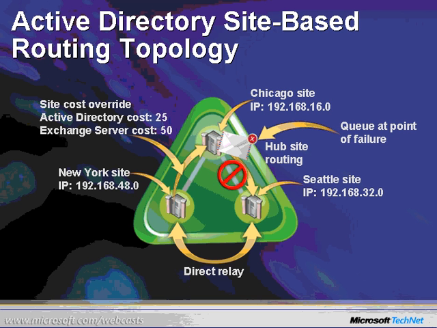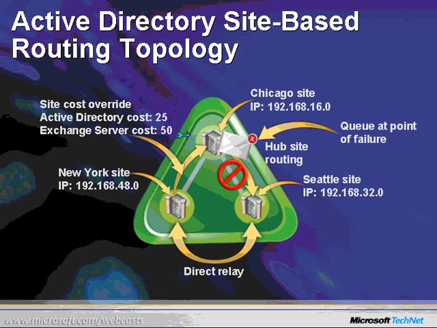If you look at this AD topology, each circle represents an AD site, and the gray link represents the link between those sites. In this AD environment, you can see we've got a hub site, essentially, which is our Chicago site, versus New York and Seattle. So as far as AD is concerned, the site topology, the routing or the replication is always going to go through the Chicago site. When we take a look at how Exchange fits into that,